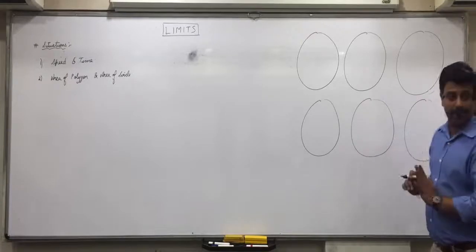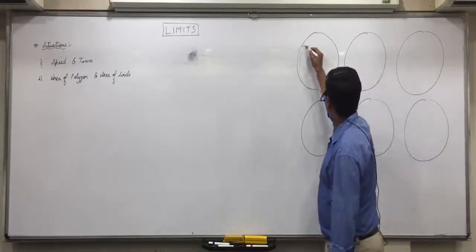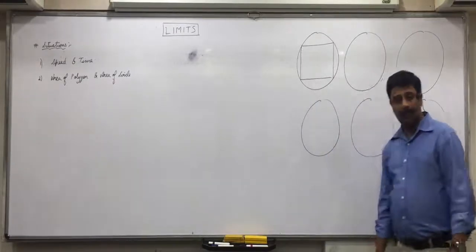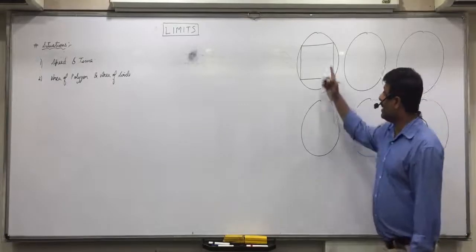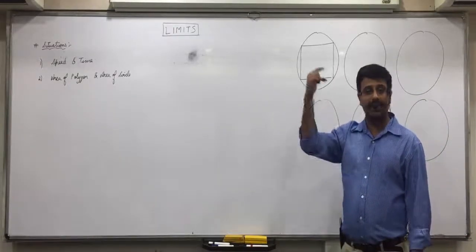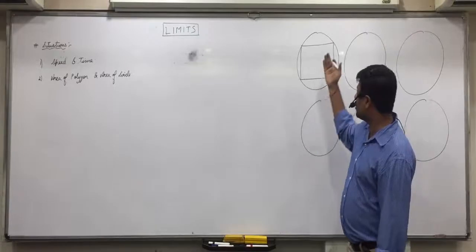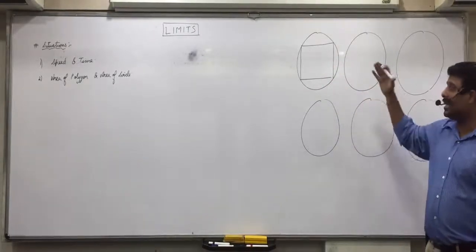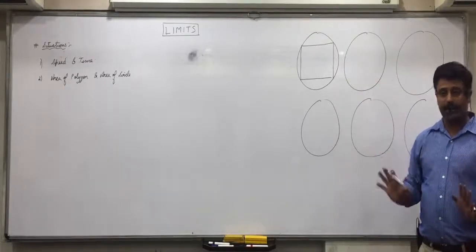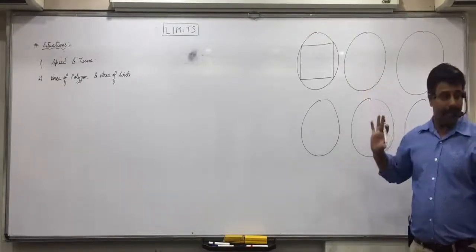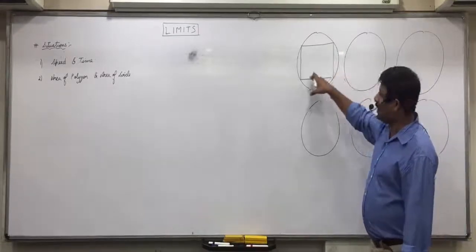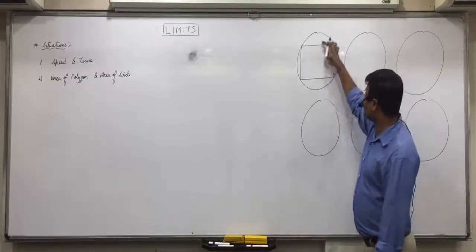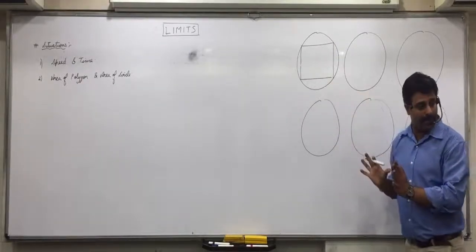But there is one technique we can use. Suppose I first make a square inside the circle. Now the area of a square is length square, L square, because in a square length and breadth are both the same. Otherwise, normally in a rectangle it is L into B. But here it is L square. If I find the area of the square, will it be very near to the area of the circle or not? Yes. Except for a little area, the majority is covered.